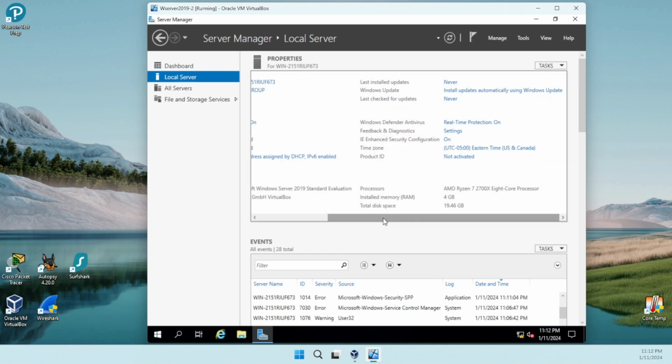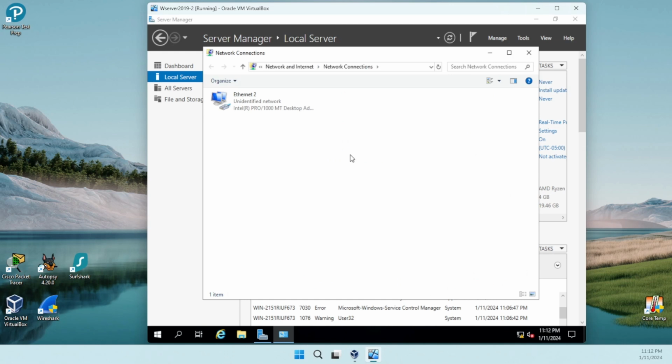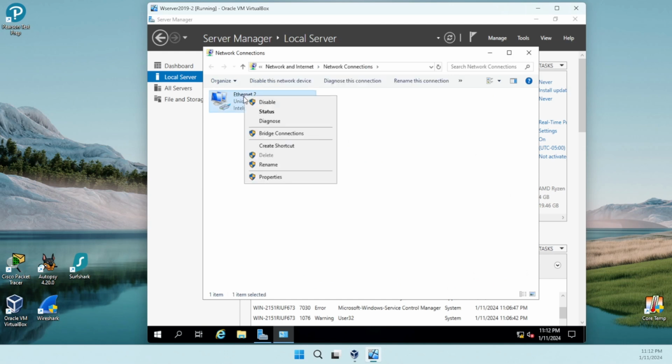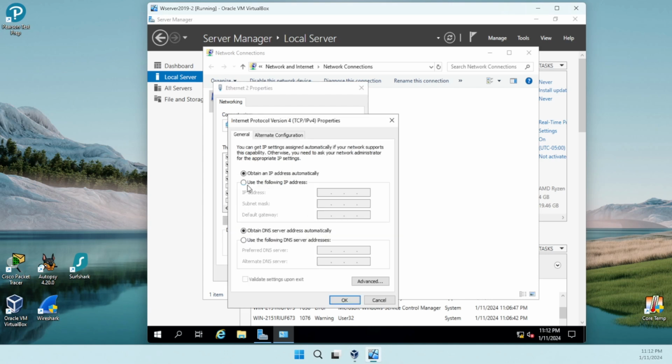Alright, now we're going to want to set our server to be a static IP address. We're going to do that by clicking on the Ethernet options here. It's going to take us to Ethernet, so we're just going to right click on that and go to Properties. And one thing you're going to want to do while you're here is, since we're not using this, we're going to just go ahead and disable IP protocol 6. We do not need that, so we're going to go into the properties of IPv4, and we're going to tell it what to use. And our static IP address is going to be